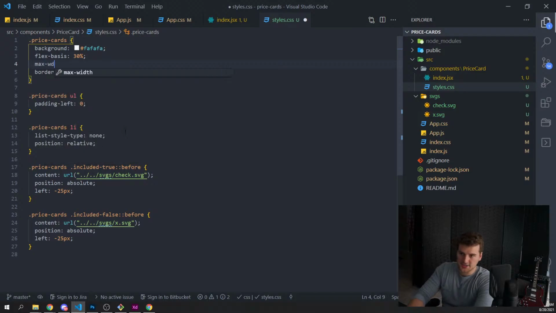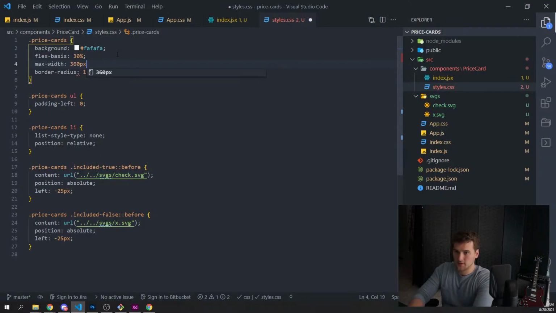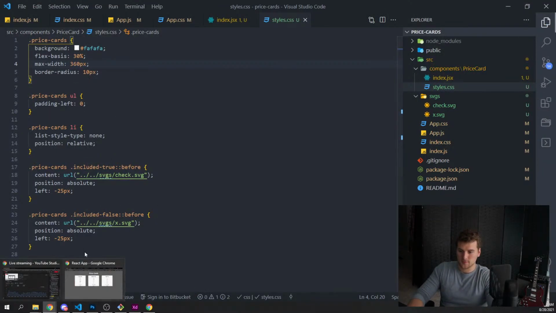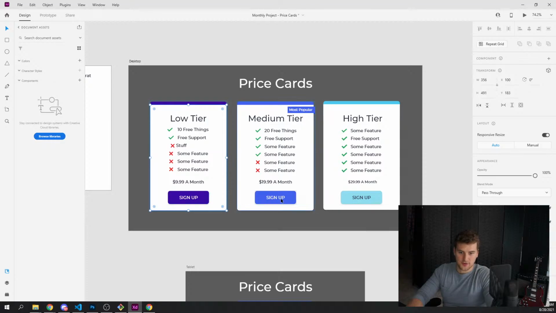And we'll say max width is going to be, how big are these? 350? So we'll say 360. Cool, that's looking a little better. Now we need to add, let's add the colors at the top, because each one of these has a different color scheme.